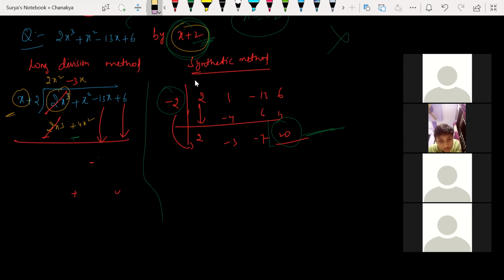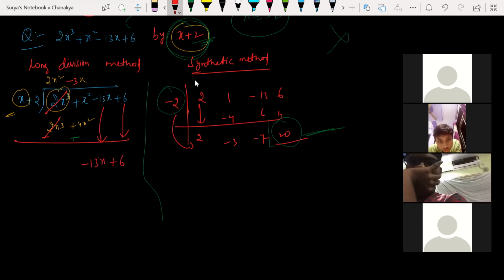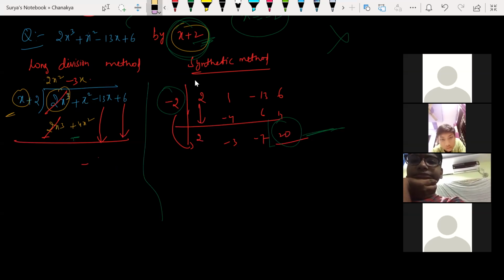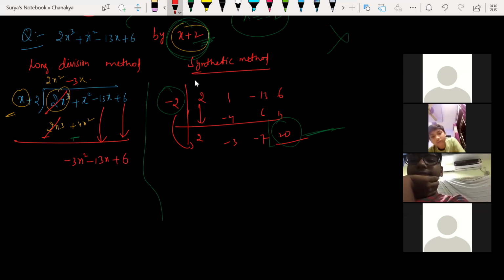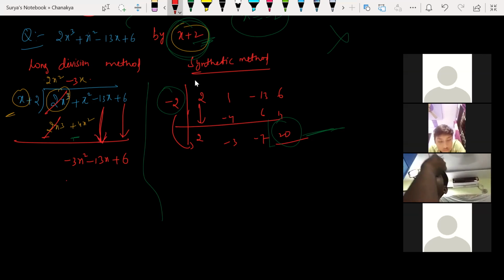One second, let me write clearly again. So minus 13x plus 6. So with what number am I supposed to multiply? Sir, with minus 3x. Sir, minus 13. So minus 13 only, sir. So -4x plus x square, minus 3x square, minus 13x. You did not do this, minus 3x square, minus 13x, minus 13x plus 6. So 3x, sir. Then only -13x should come down, right? Yes, minus 13x I'm writing as it is here. I'm carrying it out. So plus 6 should come afterwards, right?